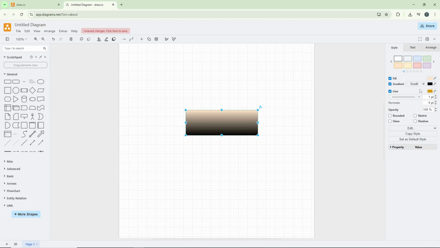The solid fill is great for clean, professional looks, while patterns like hatch or dots can add texture and interest. If you want to add even more depth to your shape, you can check the gradient option. This creates a gradient color effect that transitions smoothly from one shade to another, giving your shape a more dynamic